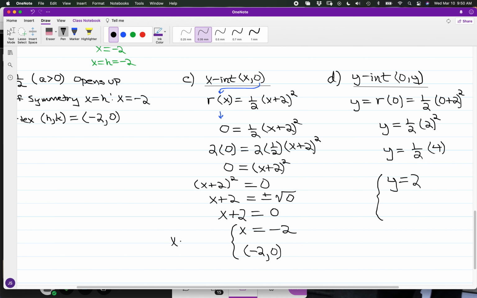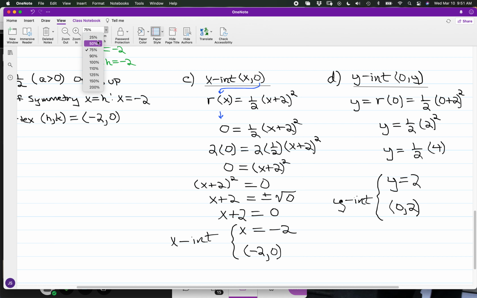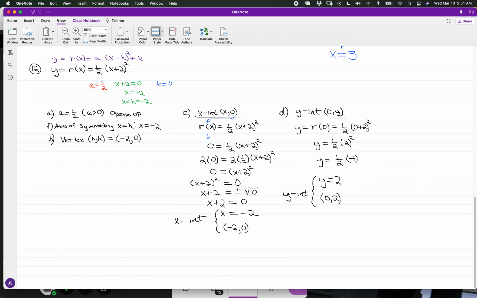Okay, so you had an x-intercept of -2, 0. And for the y-intercept, y is equal to 2, and as an ordered pair, we're going to have this situated at 0, 2. All right. So for what we have in the dynamics, you have a quadratic function again, and the layout